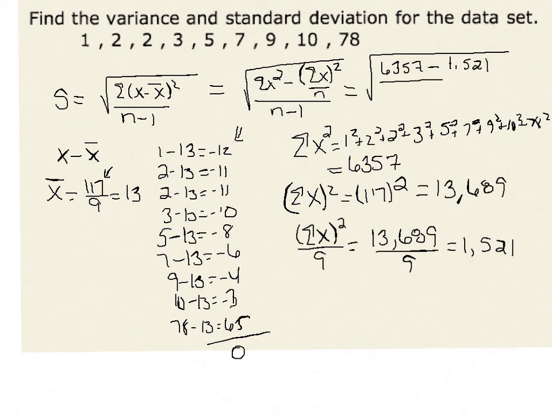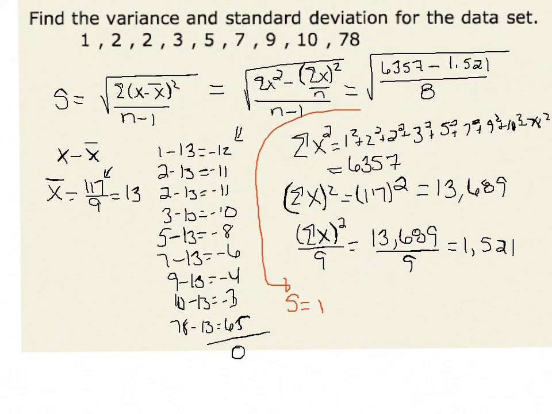Finally, I'm going to divide this by n minus 1, or 9 minus 1, which is 8. This will give us a value for our standard deviation as the square root of 604.5, which is approximately